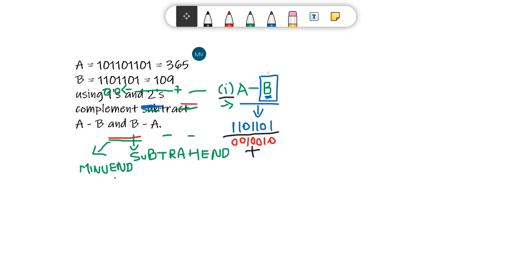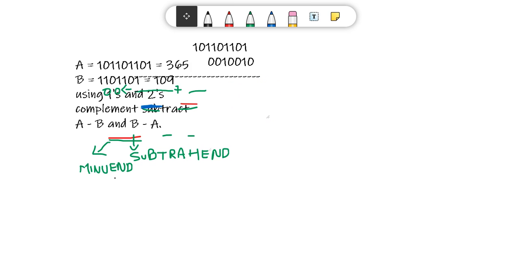Okay. So I'll just take it this here. So what will I get here? 1 plus 0 is 1. 0 plus 1 is 1. 1 plus 0 is 1. Again 1 plus 0 is 1. 1 plus 0 is 1. Okay. So 1, 2, 3, 4, 5.